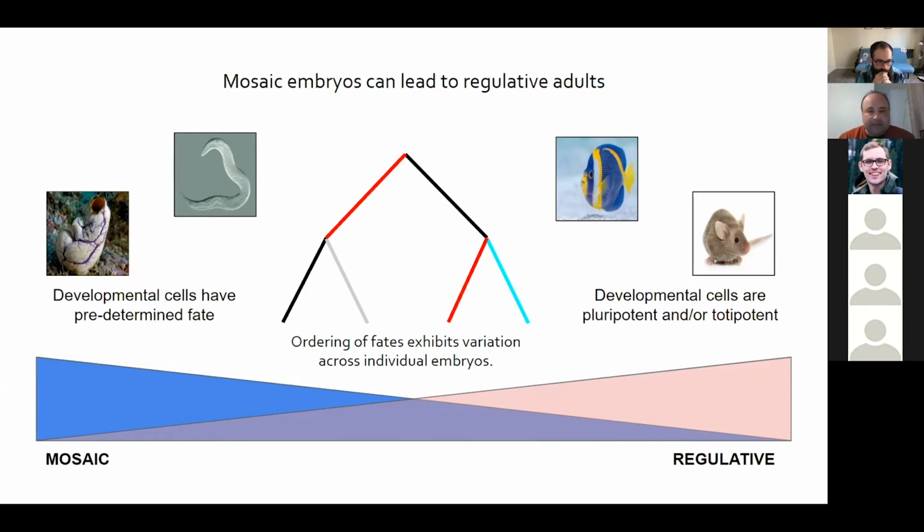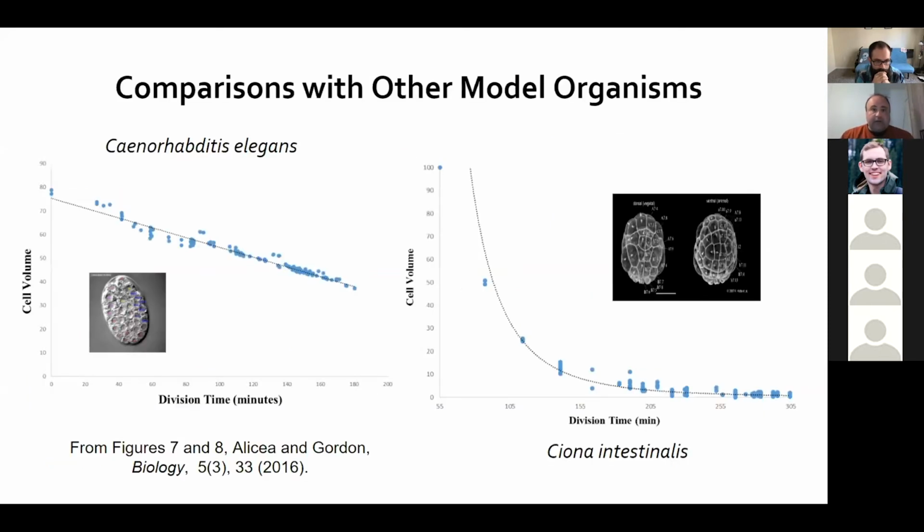elegans, you actually see that a bit with the post-embryonic nervous system that generates cells in the post-embryonic phenotype, and then you see plasticity, which is regulative. And so we're comparing the two organisms here. We're comparing C. elegans and Ciona intestinalis. And there are some interesting things you can do.